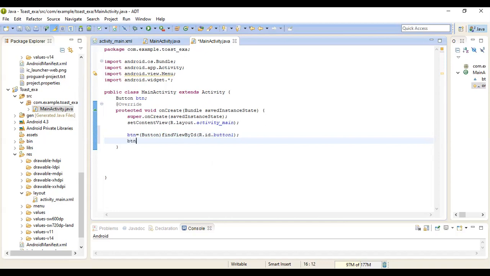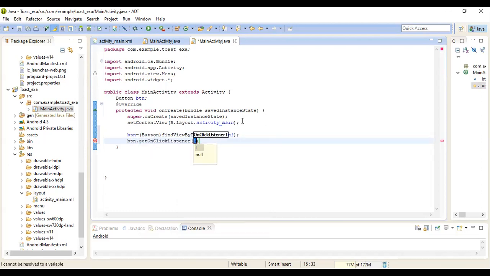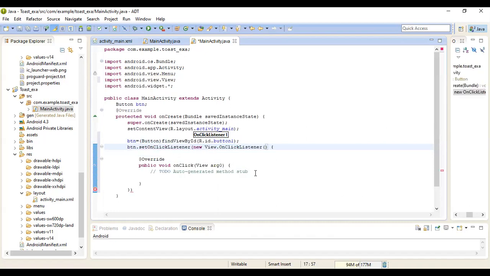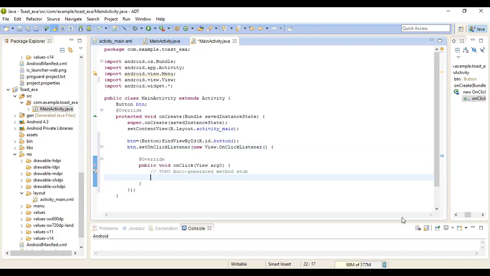So btn.setOnClickListener, and here new View.OnClickListener, an anonymous class. Put the semicolon after that. An auto-generated onClick method is there. This is known as a handler, and here we have to create the toast.